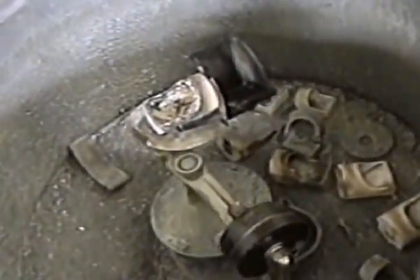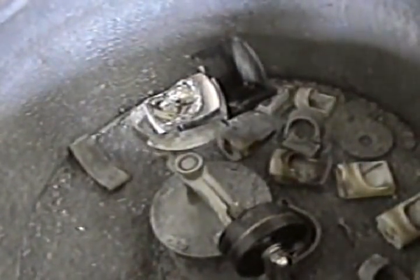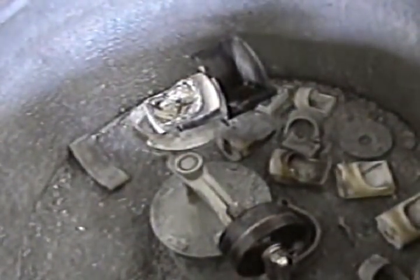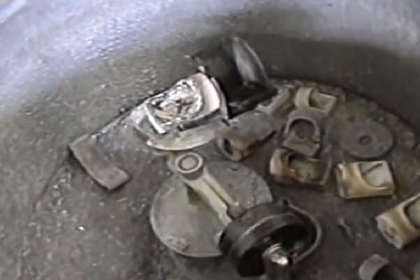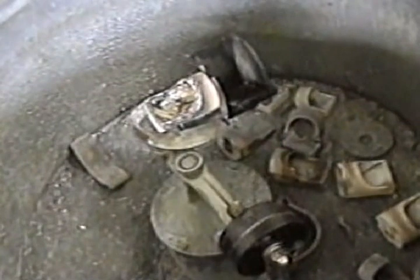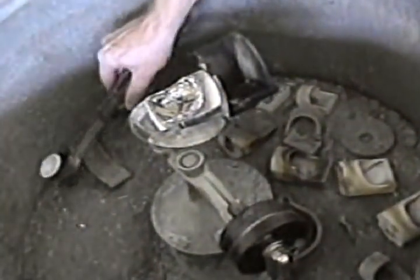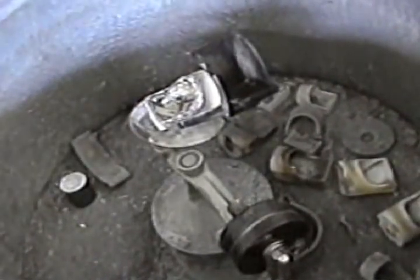Okay, I used all the gold there, and it's going to be interesting to see if I even made the casting. I was hoping to have somewhat of a button there. So we'll take a look at it in just a little bit. When it cools, I will